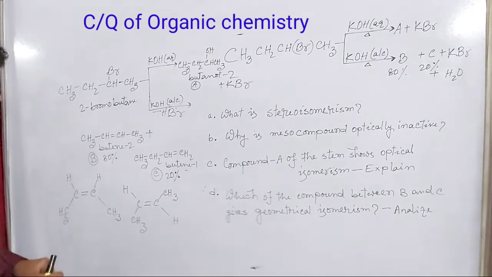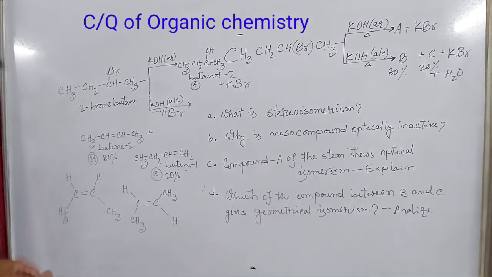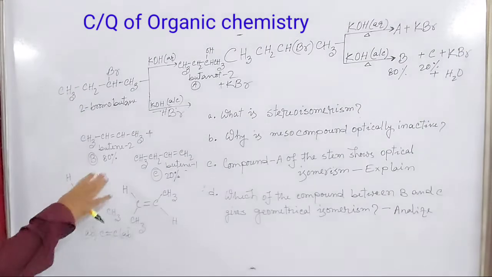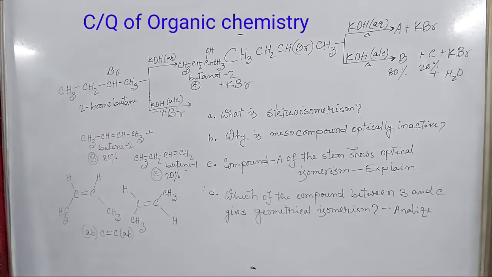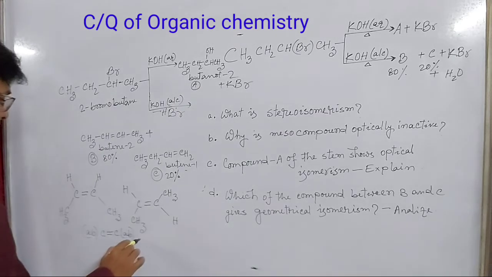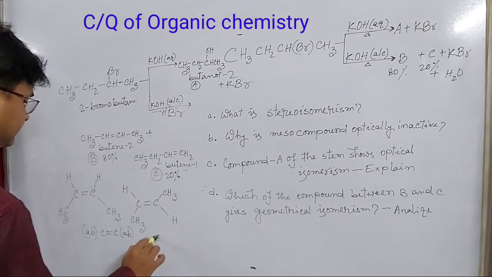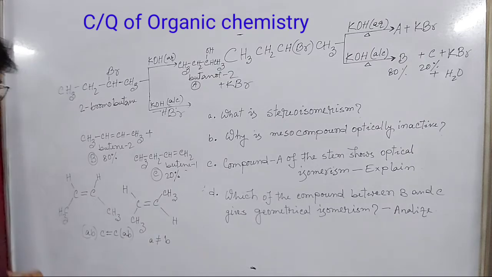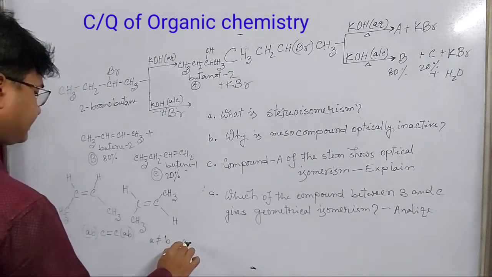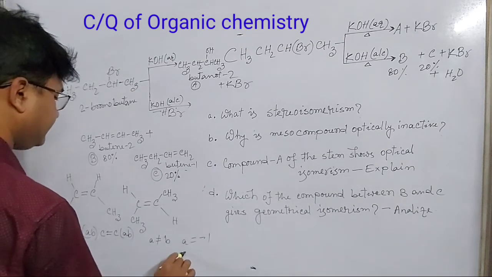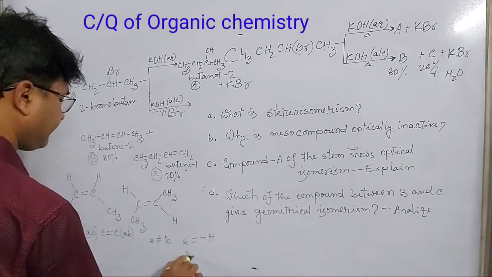That's why two different configurations arise here, and according to this condition compound B shows geometrical isomerism. Here A is not equal to B, dear students. Here A is hydrogen and B is a methyl group,